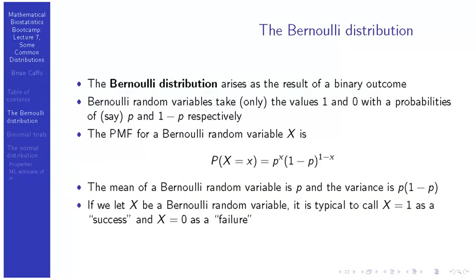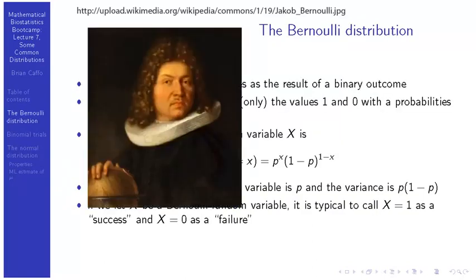So in this lecture, I'm going to talk about basically three distributions, and really two if you think about it. The Bernoulli distribution is one, the binomial distribution, which is a distribution based on the Bernoulli distribution. And then I'll talk about the Gaussian or normal distribution, which is a very important one as well. In fact, I think if all the distributions were to get together and nominate a king, it would definitely be the normal distribution.